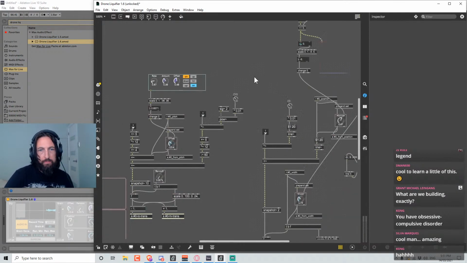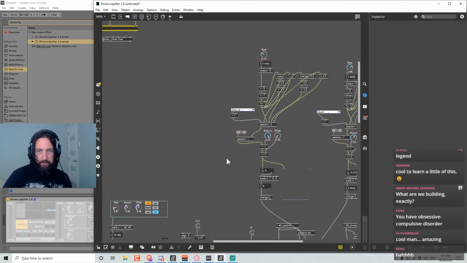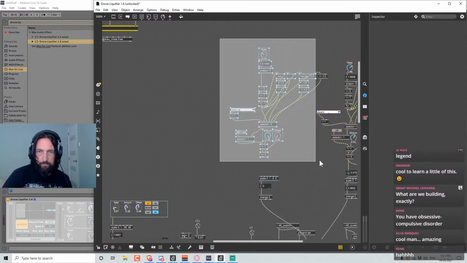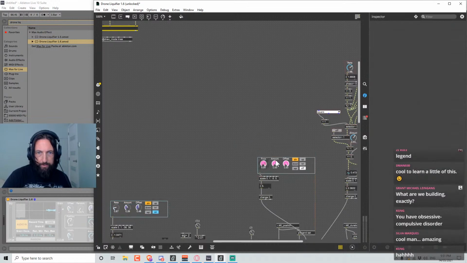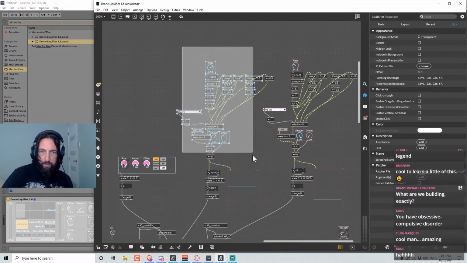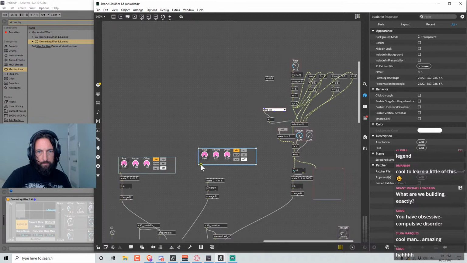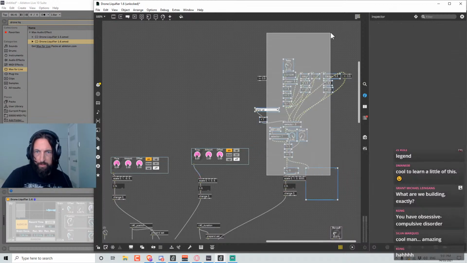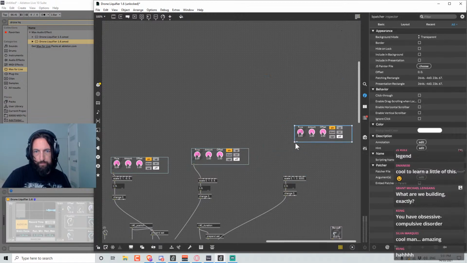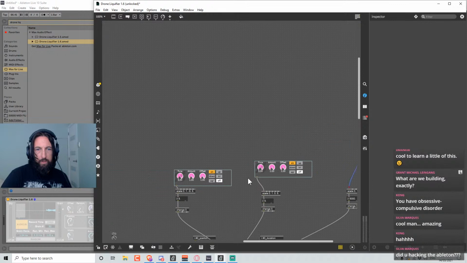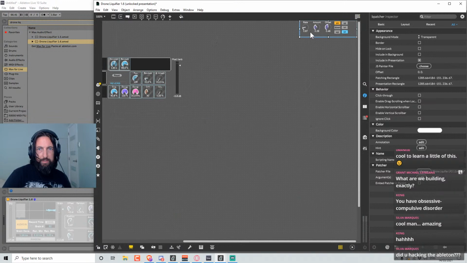Okay, well let's just add a bunch of these in here. Because yeah, I can just totally get rid of all of this. It's the cool thing about using subpatches, it's just being able to reference the master one. And this one. Now this is for the offset, so we'll add it to the presentation. Let's have a look and see how it looks.